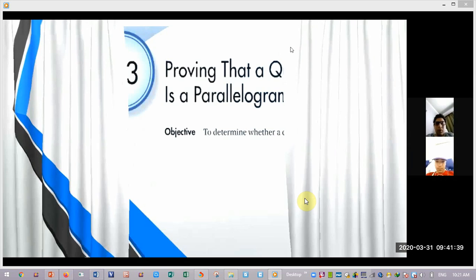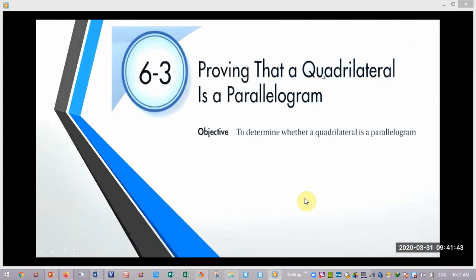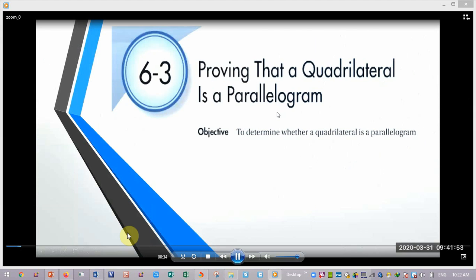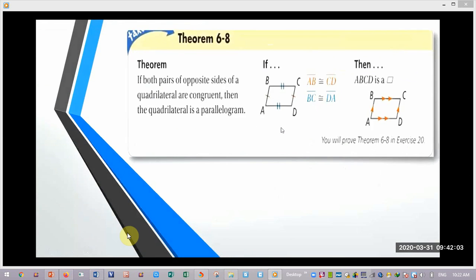Proving that a quadrilateral, which means 4 sides, is a parallelogram. Not all polygons with 4 sides are parallelograms. Some of them are. We have some conditions. Number 1,